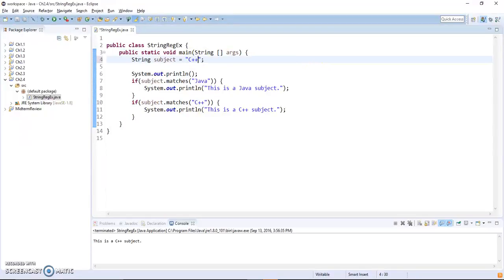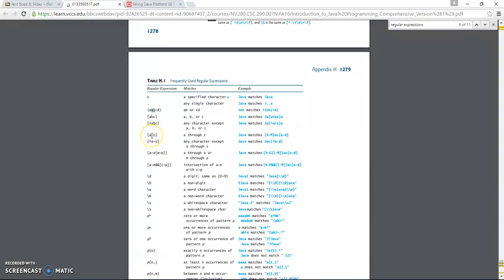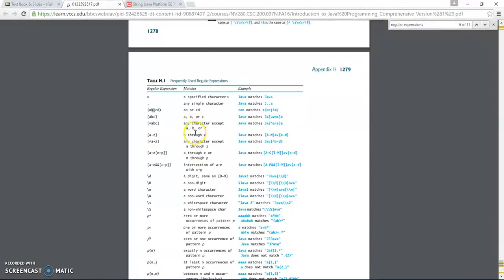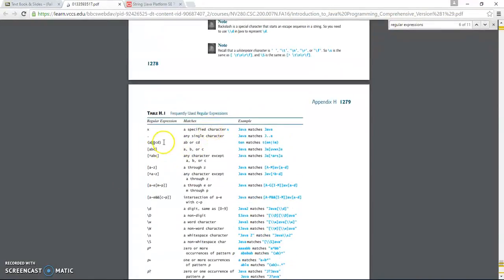But when I do subject, it's looking for one or more C. Okay, let's see if I do just this. Now we try to make it function with C++. So let's see how we're going to do that. We have to review from the beginning again. When we specify exact characters, we just look